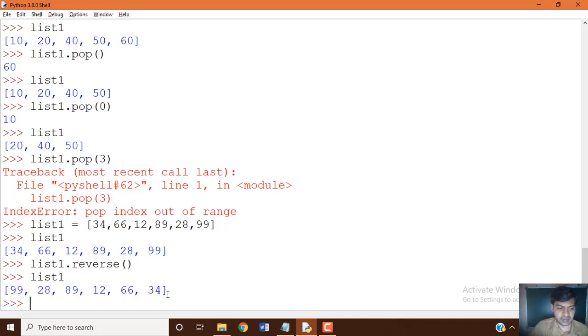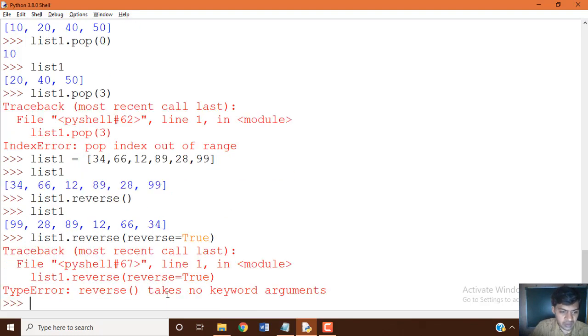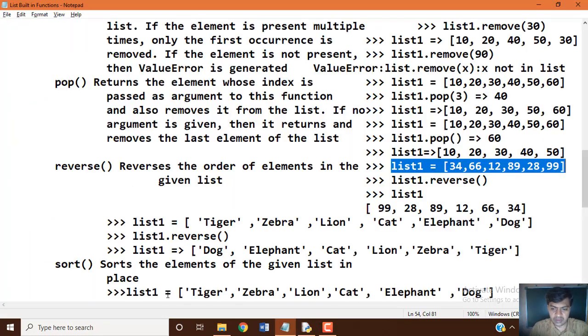Suppose you apply the reverse function with an argument, reverse equal to true, what happens? Let's see. List 1 dot reverse of reverse equal to true. One second.